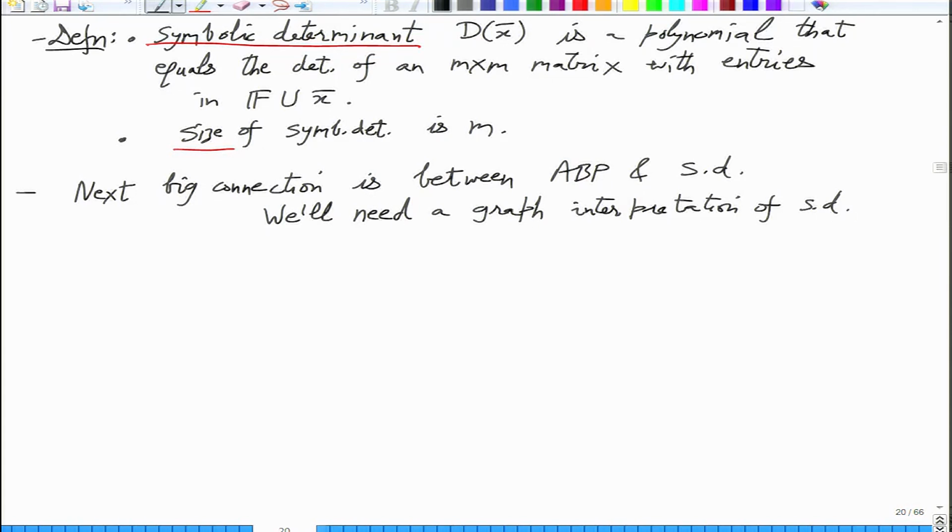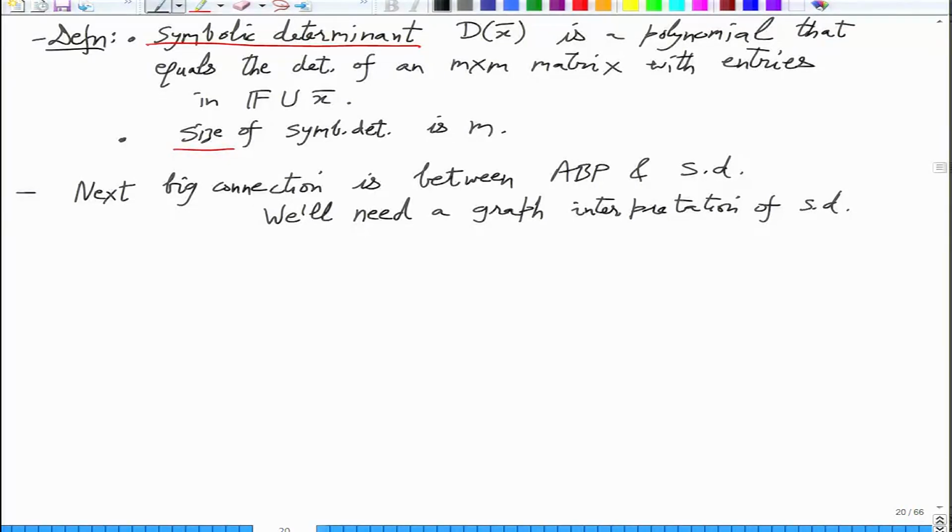So have you seen this? How do you view the determinant polynomial or determinant function? The determinant of a matrix you want to compute. That matrix defines a graph whose adjacency matrix it is. So what is the connection between determinant and that graph? So it's a matching polynomial. Yeah, matching is more to do with permanent. Thankfully, it has nothing to do with determinant. Otherwise, determinant would also be hard.